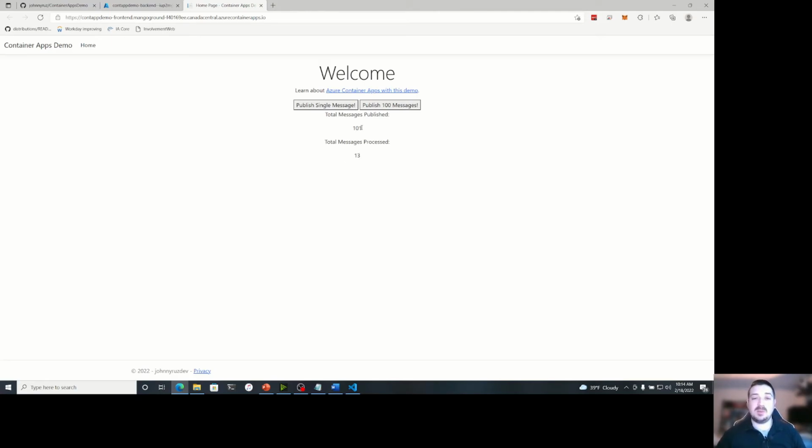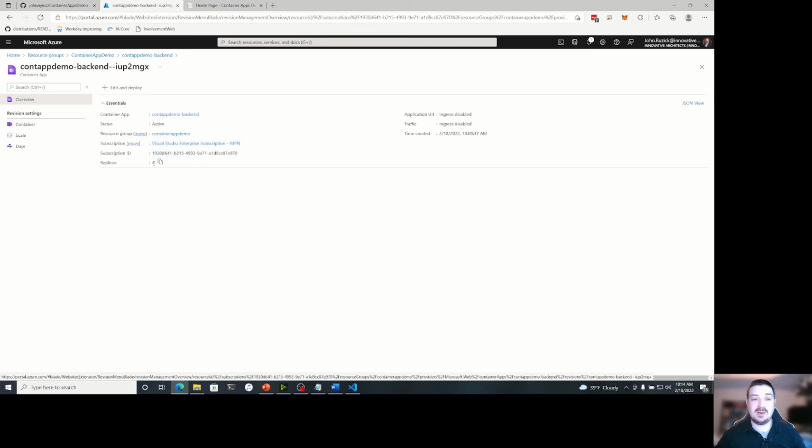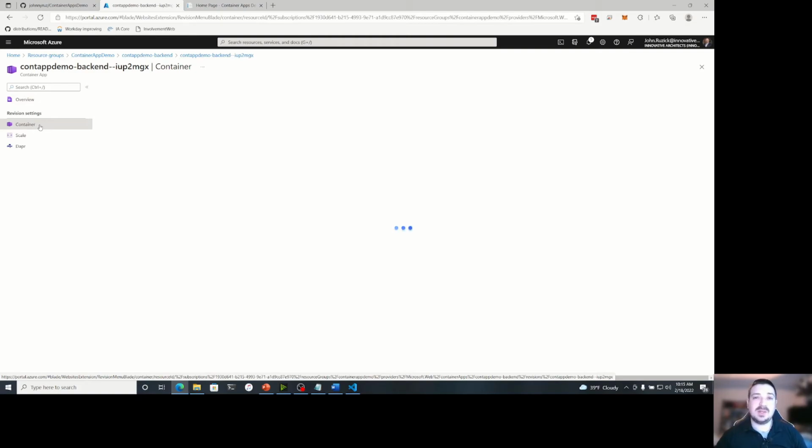Well, this is a lot more than 5 as it's going through and processing. So if I start looking at the overview of this container, you'll see I now have 4 replicas of this running. And as I come back and refresh this, I should see it increase even further.